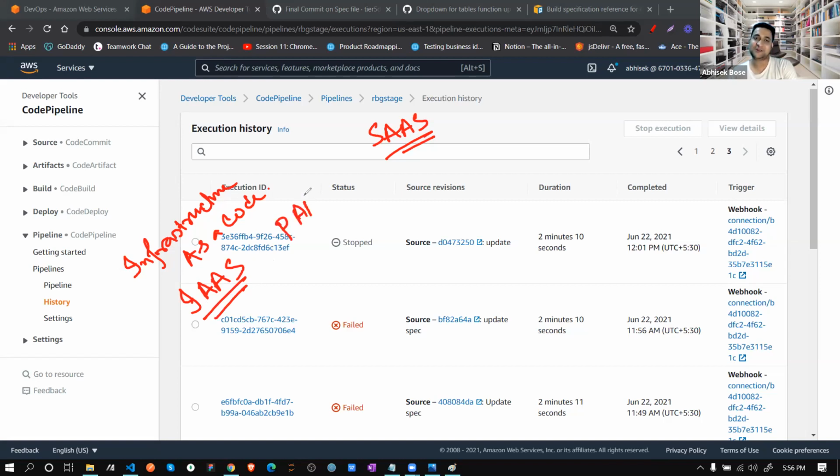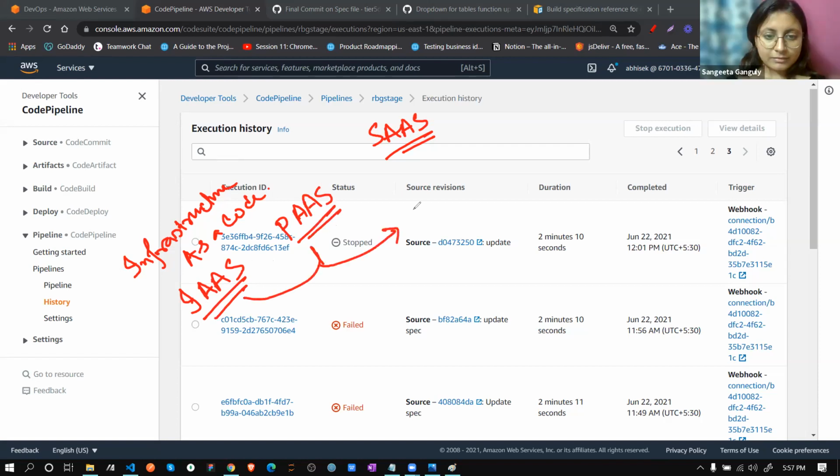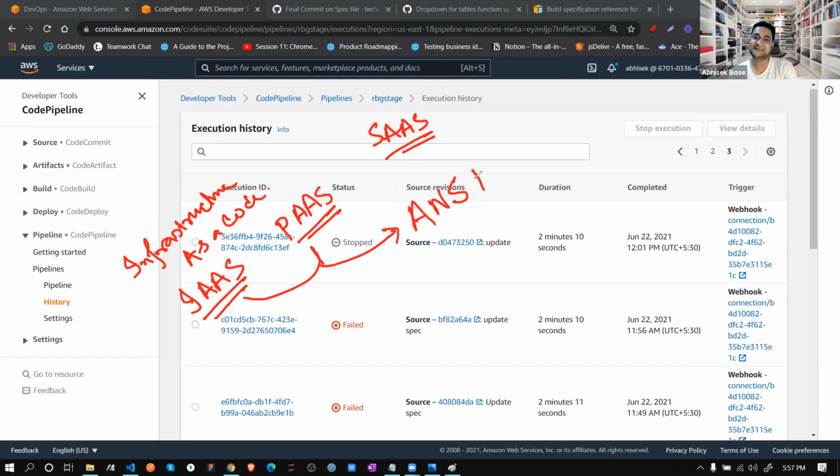Another part is PaaS, platform as a service. In these two parts, there is one software called Ansible. This Ansible actually works on the YML structure.